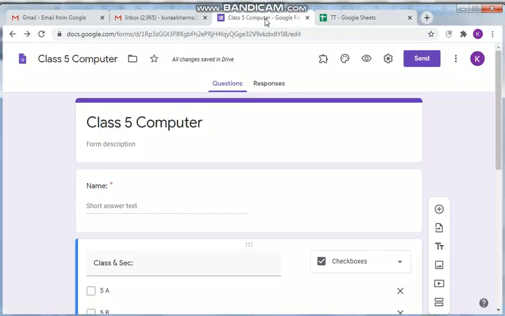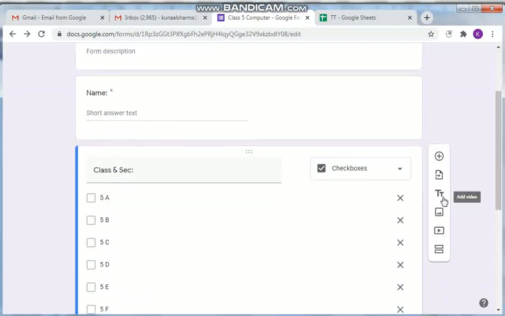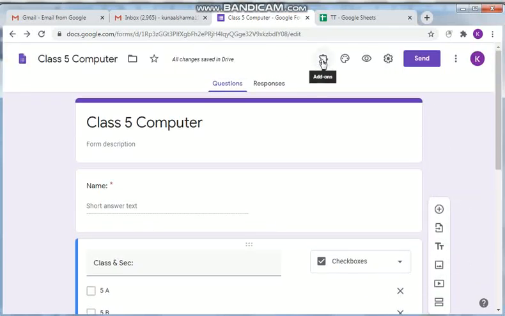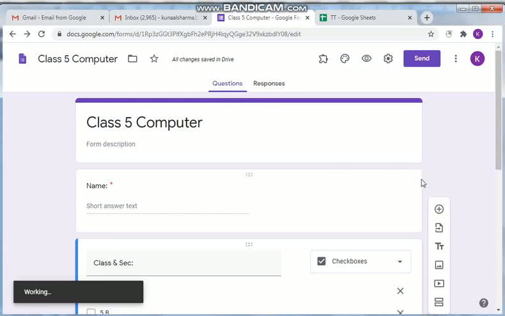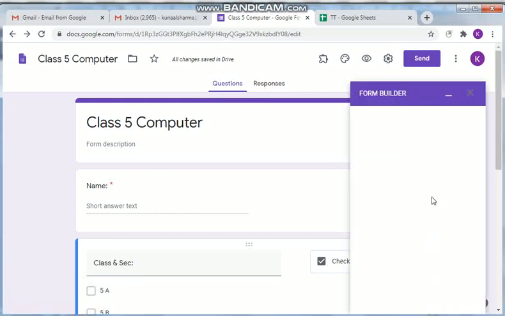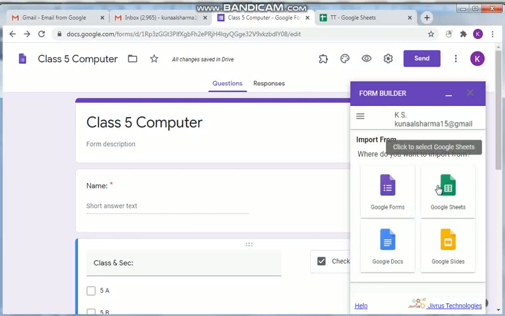Now again go to our Google Form. Click on the add-on, go to form builder. You can use the start option. Now this is my form builder ready.